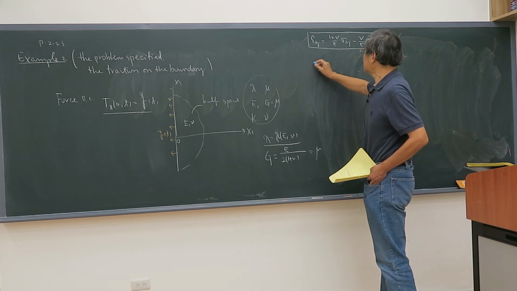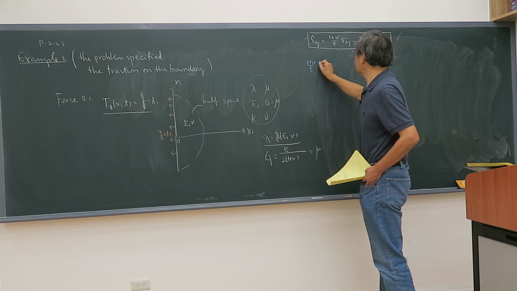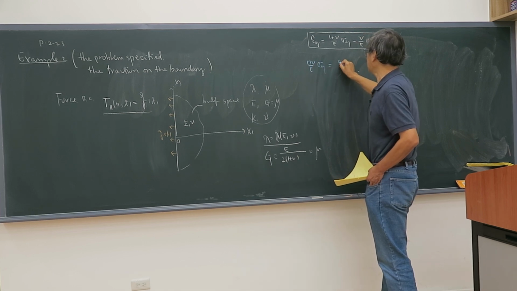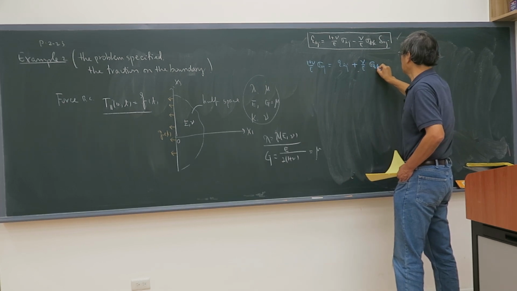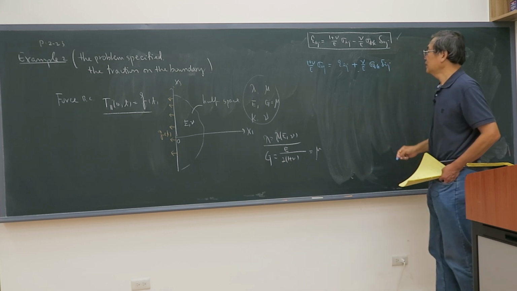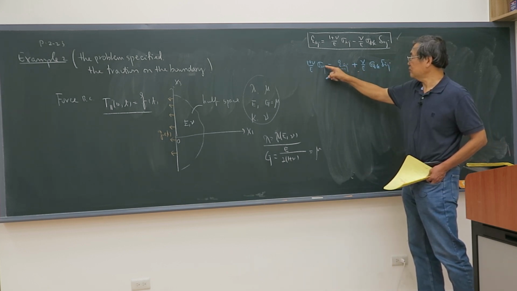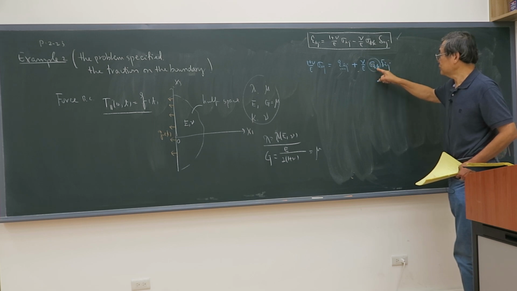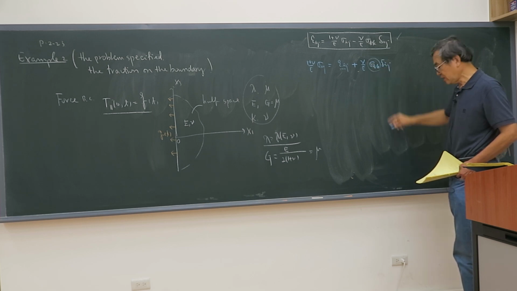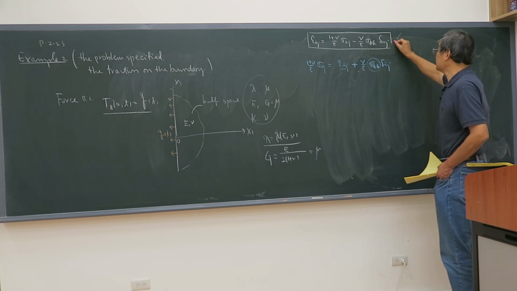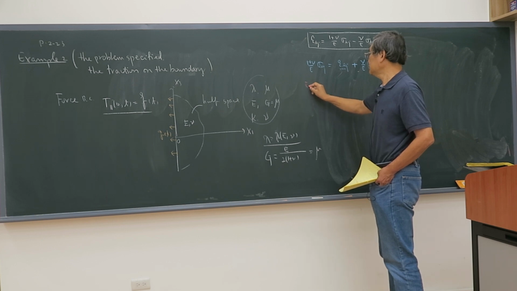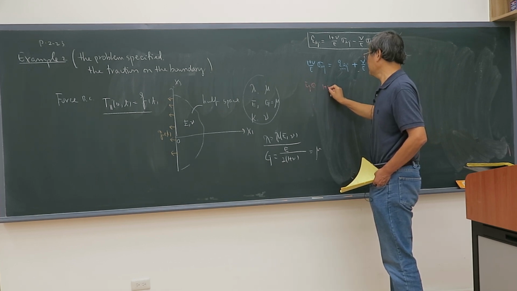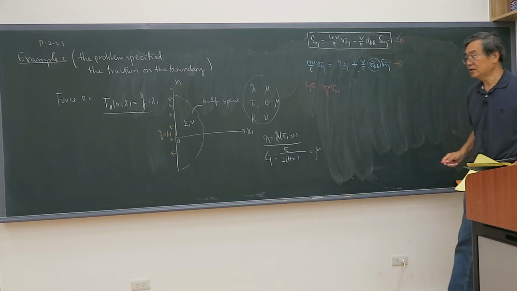So if I want to do this, (1 + ν)/E σij will be equal to εij plus ν/E σkk δij, right? So this is using stress to express strain. But here, I want to change this into stress in terms of strain. Okay, how do I do it? From equation 1 and equation 2, from equation 2, I have (1 + ν)/E σij summed over